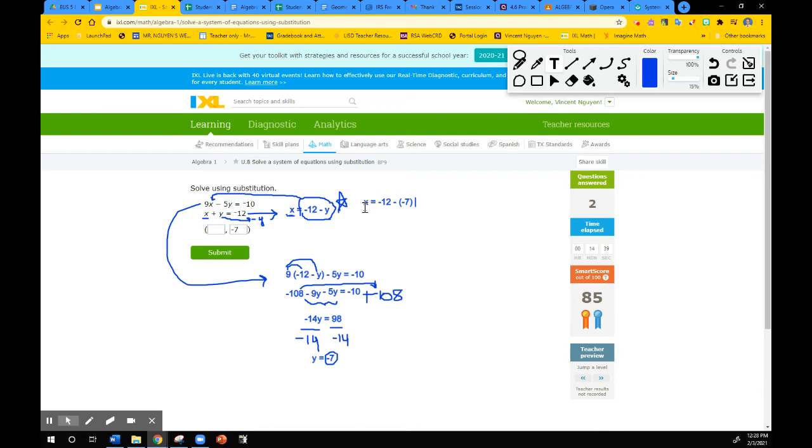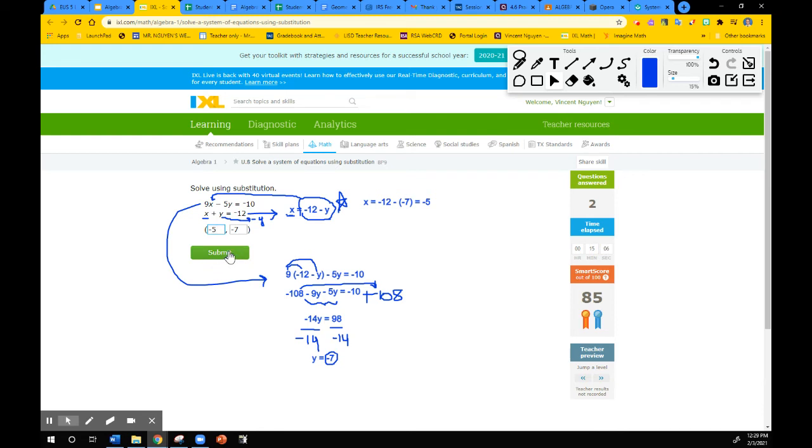So now, if you don't trust your mental math, you can type all of that into your calculator, and it's going to give you the correct answer regardless, right? You're going to do negative 12 minus a negative 7. So it's kind of like saying negative 12 and positive 7, which will give you negative 5, okay? So the answer for x is negative 5,